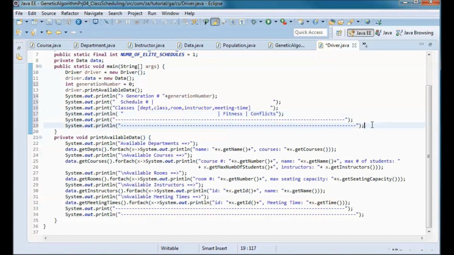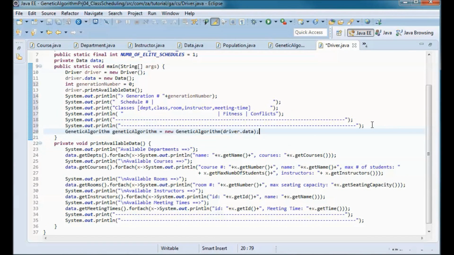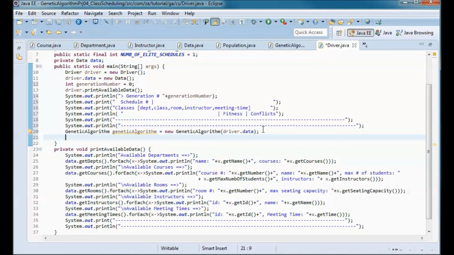So let's instantiate a genetic algorithm, passing in the data and a sorted population of schedules. So new population and sort by fitness.